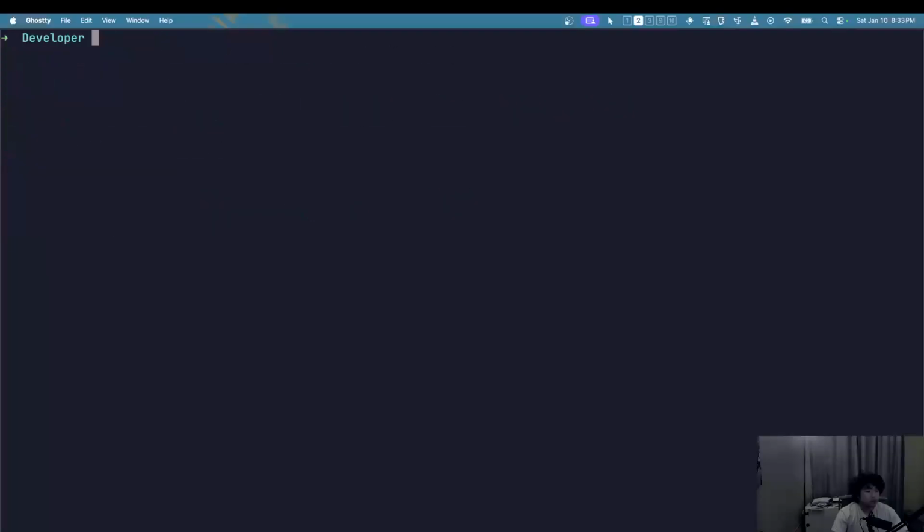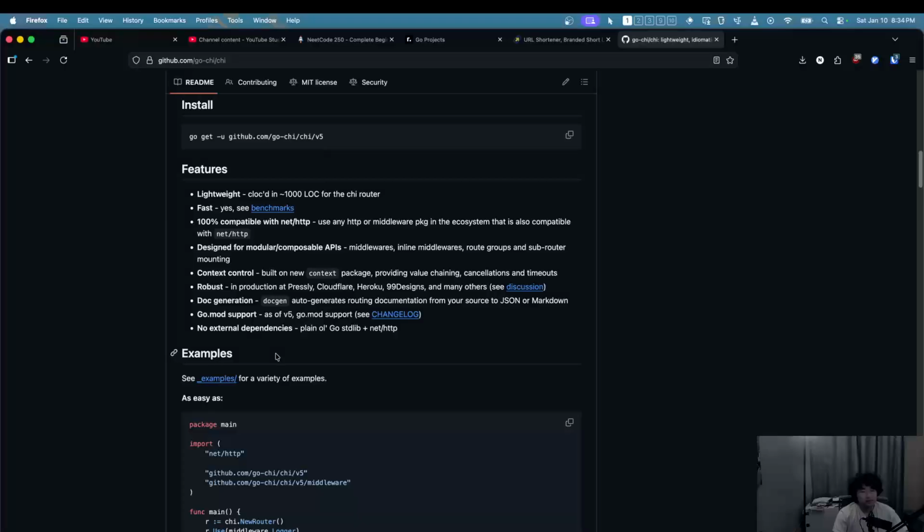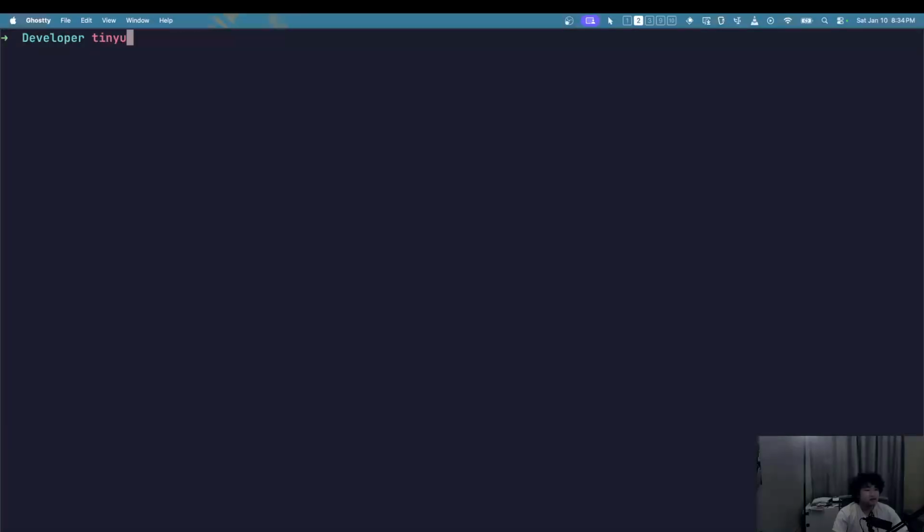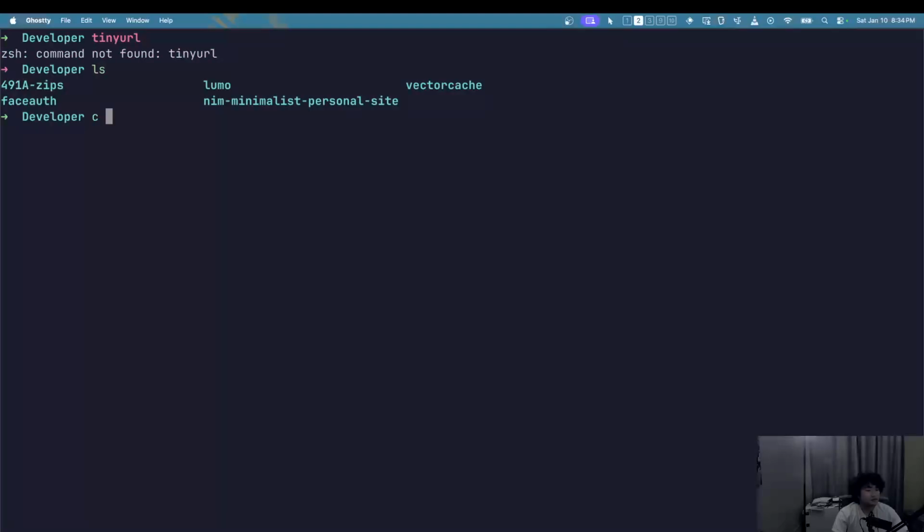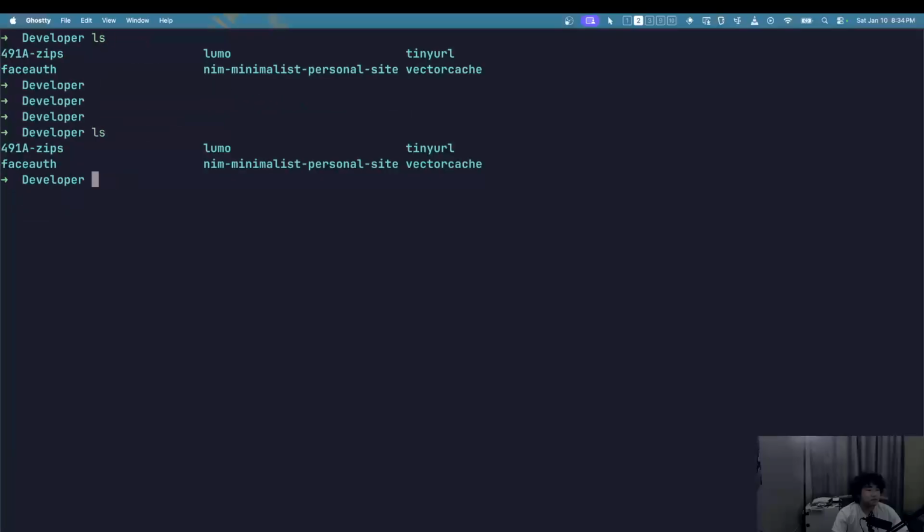folder where I store my projects, and let's build a project called, what do we call this? URL shortener. Or let's call it shortified. That sounds weird. Tiny URL. Yeah, let's do that. So cd, let's do make directory. Let's just make basically a tiny URL. So let's cd into that, and